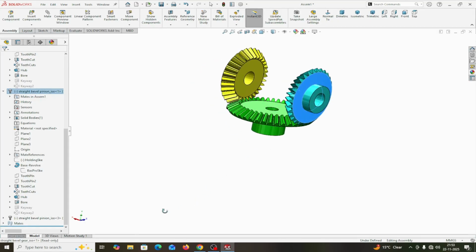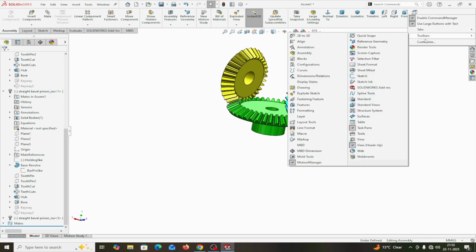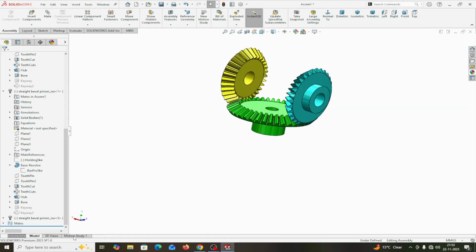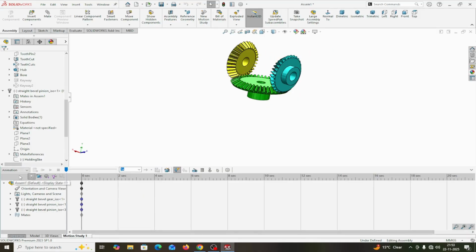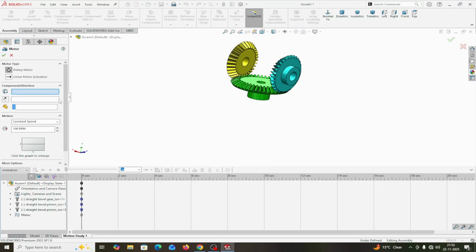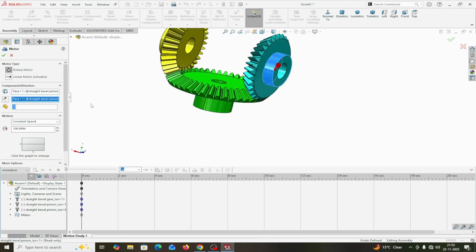Okay. Now I will apply the motion analysis. For motion analysis, you can right click the toolbar, motion manager here. Here is the motion manager. You check it, it will come in the bottom section, motion study. Okay, I have this one, click this one, and simply select animation. I am simply providing the animation, and you select motor, this one, and select the face, this one, rotation